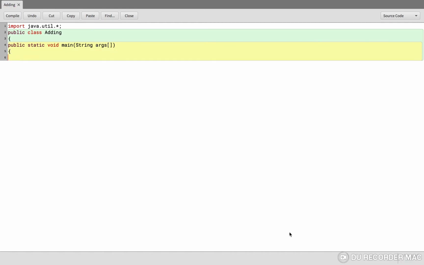Now I will explain how to make this program. This program is super easy and you will like it. I have made this program to add two numbers. First of all, I will create an object of the Scanner class, which is Scanner sc = new Scanner(System.in);